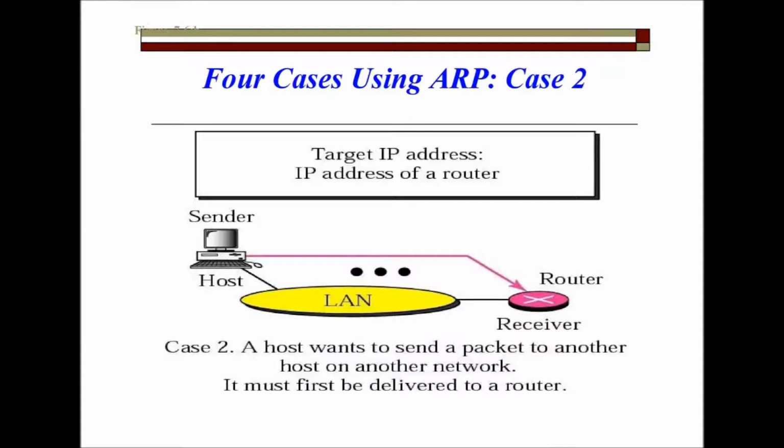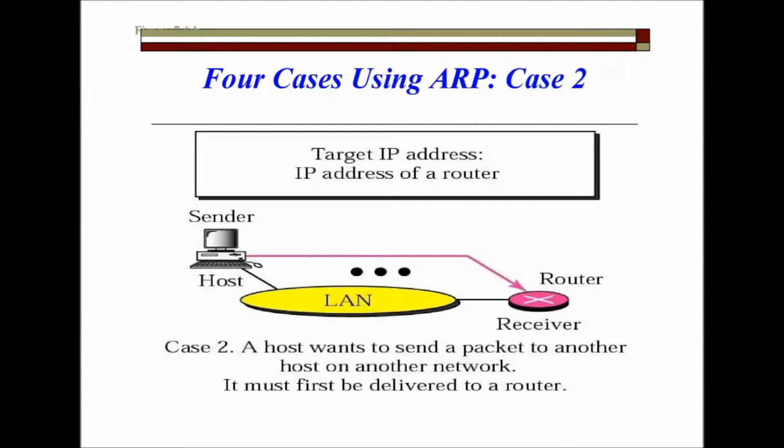So in case number 2, a host wants to send a packet to another host on another network. When we use the words on another network, it means that the receiving device, the ultimate destination, is not in the same network. That device is not in the local area network, and is in some other network, that may be in any other city, that may be in any other country. So when this situation occurs, the router will be used to forward our packet.